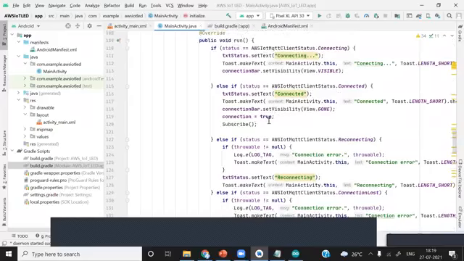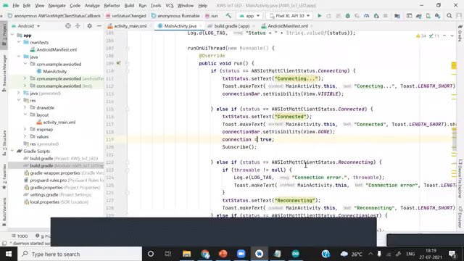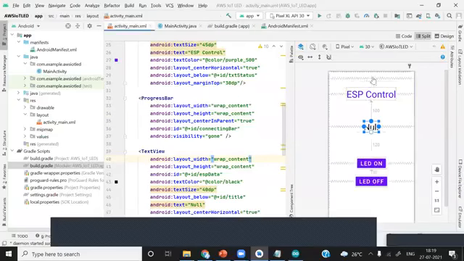Okay, and we are showing connection as true. Okay, this one, and we are setting this txt status. You can see txt status to connecting, txt status to connected. Okay. So here we will see while it is connecting, it will show connecting, and as soon as our application gets connected with AWS IoT, it will show connected over here at the top of the application.